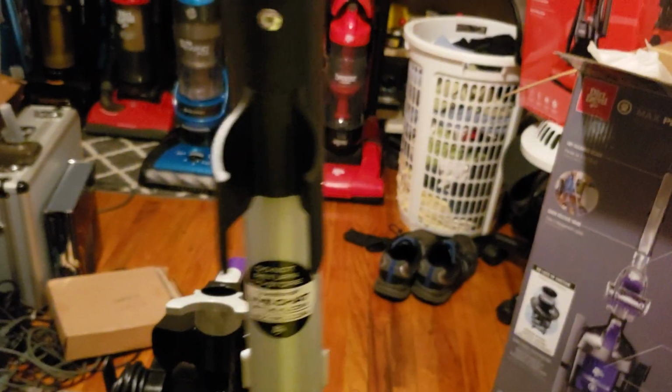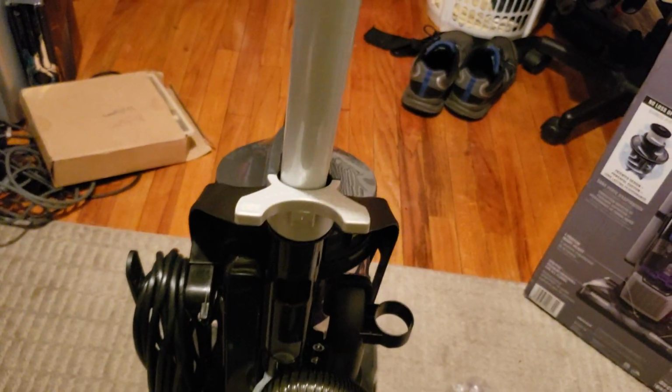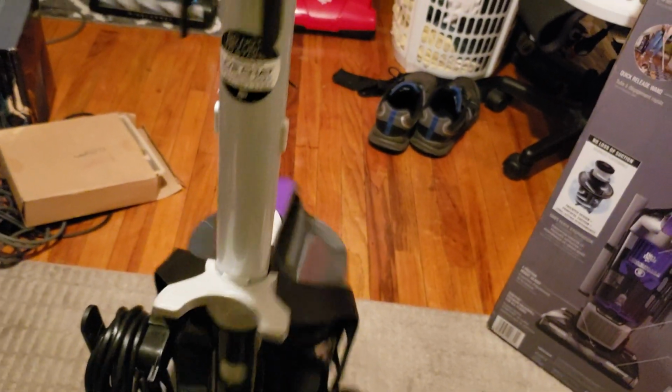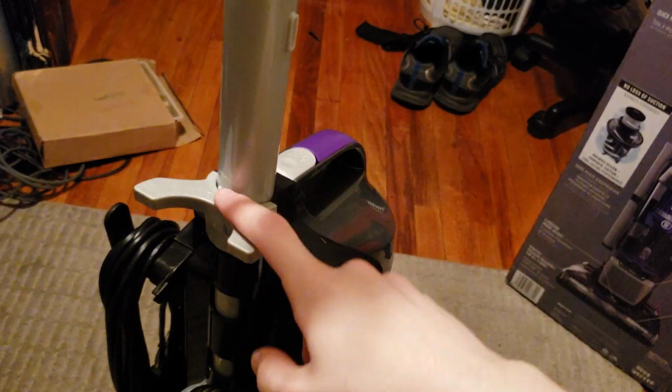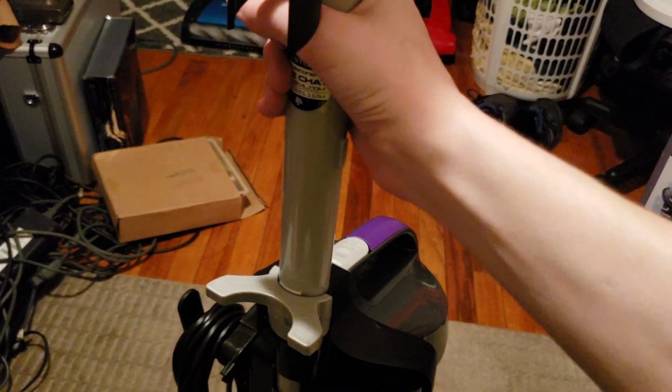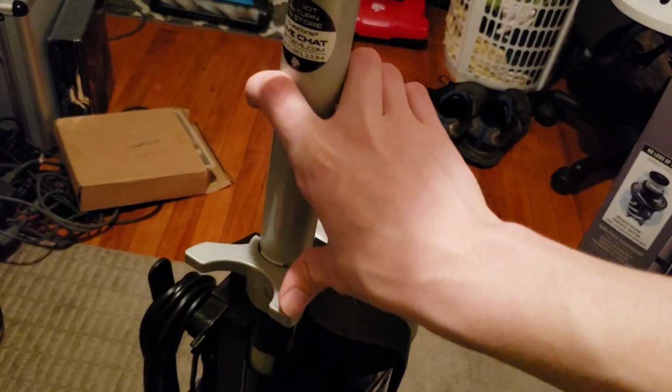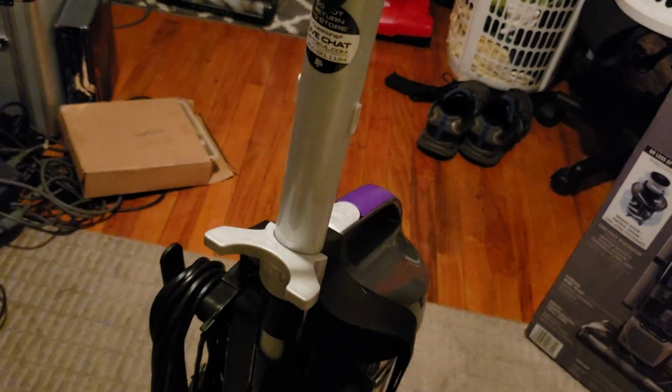So simply, with the sticker featuring the Dirt Devil part number and the hose clip facing towards the back of the machine, line the wand up with this handle, with this lever, put the handle in to line it up with this lever, and simply push down until it snaps into place. You can also just push the button and push the wand into place if you don't want it to actually make any noise